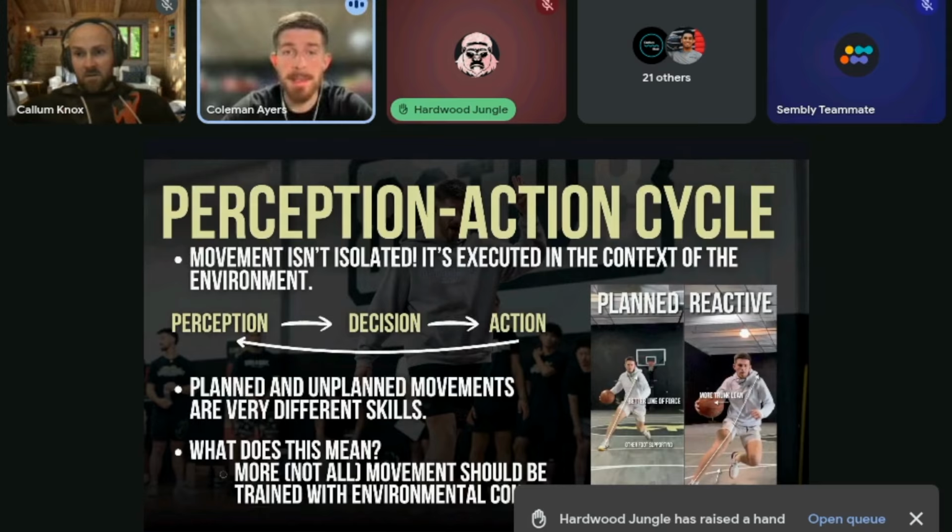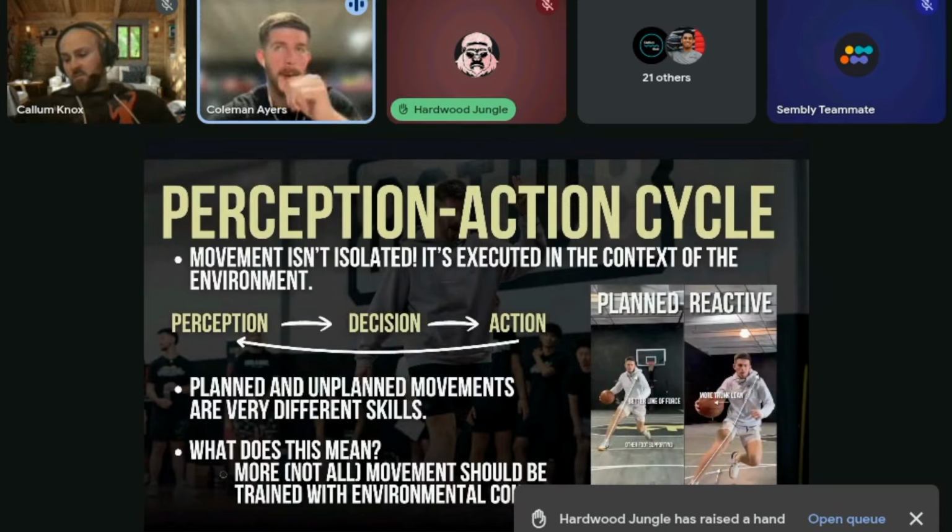Now, this sounds very complex, and that's because it is. I think we oversimplify movement many times, and you can see this in planned and unplanned movements. Mind you, this is a post I made years ago, but you can see it without the flags in the gym. But I always come back to this one because this is even just with an audio cue, right? So there was one where I was making two dribbles, going with a little crossover. And then there was another one where I was making as many dribbles as I needed until somebody said go. And that's when I reacted and made this move, right? So this is even without much perception. I'm not reacting to representative, or specifying information from the game, more so just an audio cue.